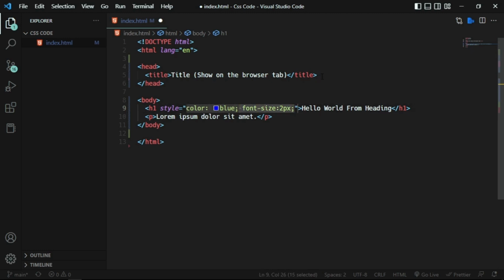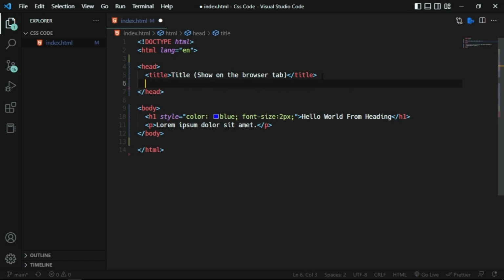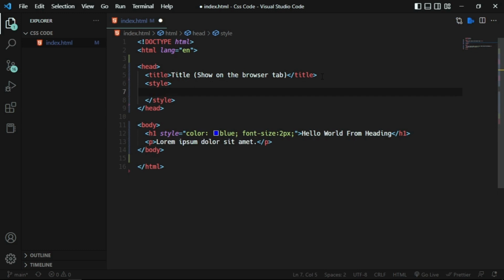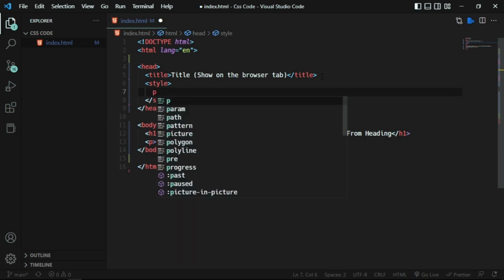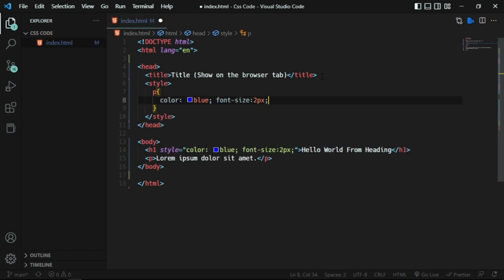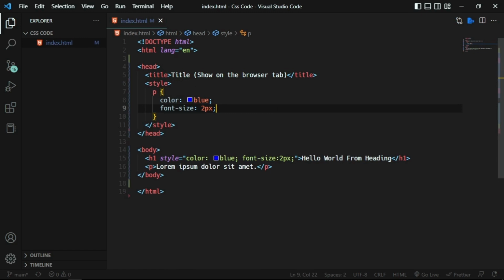Now, we look at how we style the paragraph tag with internal tag styling. In the head tag, we are going to use a style tag in which we target a paragraph tag to provide styling. Here I am going to provide two of the same CSS property pairs which we provided earlier for